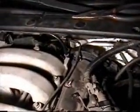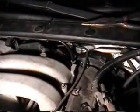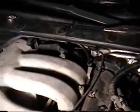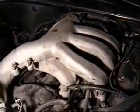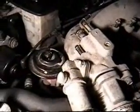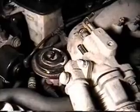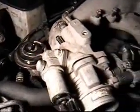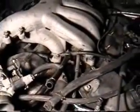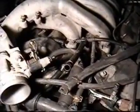Okay, I've installed the EGRs, the vacuum hoses, feedback sensors. All connections in the rear of the intake have been installed. It's been mounted to the brackets. EGR has been connected. Next I'm going to connect the hoses, the throttle cables, and